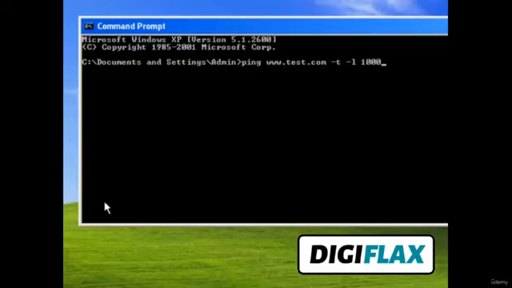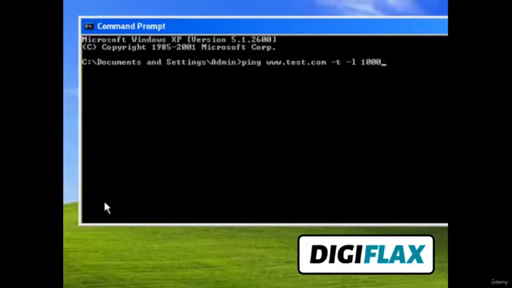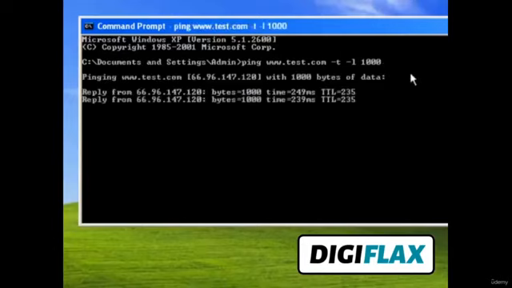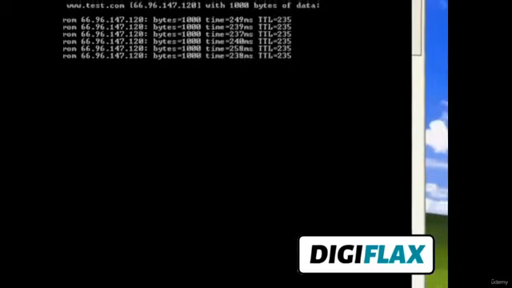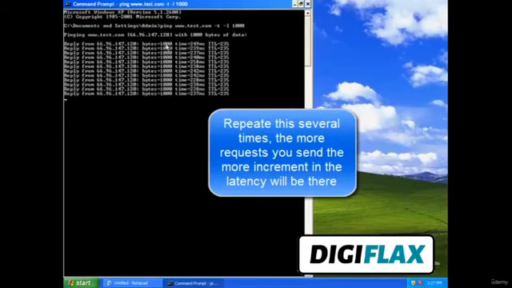Dash t is used to continuously send the ping. Dash l is used to specify the load, which is 1000, and press enter. So now we are requesting this particular website with 1000 bytes.